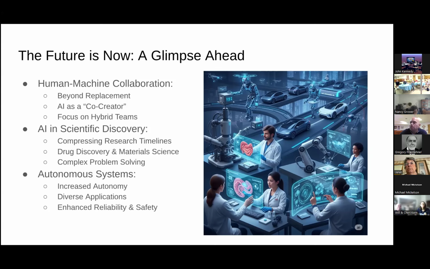And then the last bullet on the glimpse ahead here is the autonomous systems. We're moving beyond limited self-driving car tests and seeing more truly autonomous systems in action. If you look at the news, sometimes there's a company called Waymo. They have the driverless cars that are at least in 3 big cities, one in California, one in Texas, one, I can't remember, somewhere in the Northeast maybe. But they're actually having cars where instead of an Uber, you call a Waymo, they pull up, there's nobody in it, you get in it, you ride to your destination, and then you get out. I mean, that's the future is now, right?